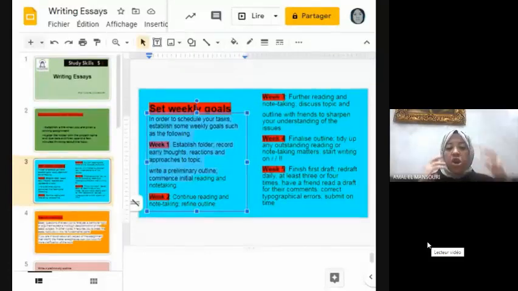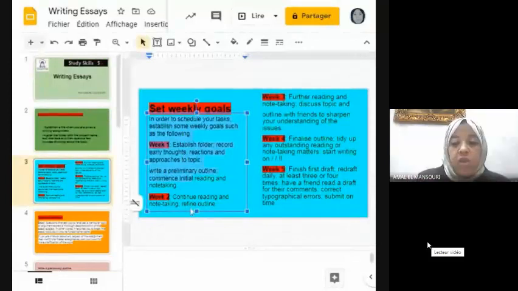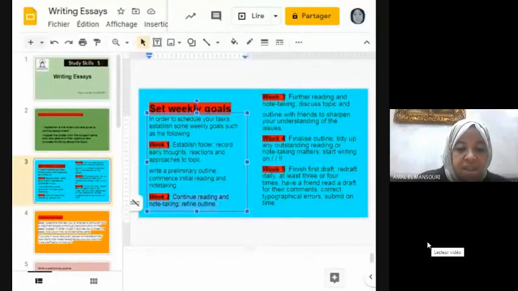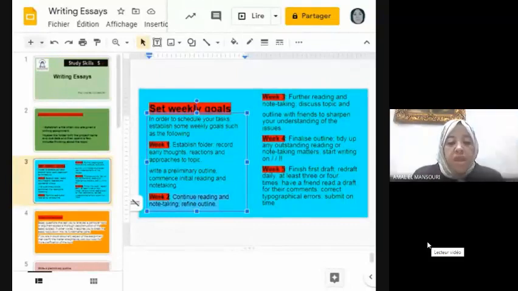Just organize your thoughts. In week number 2, you continue reading and note-taking and you refine your outline. Of course, you have to read about your topic because sometimes you are asked to write about a topic that you have no idea about.